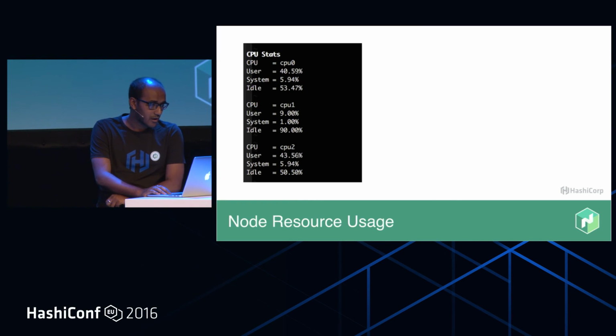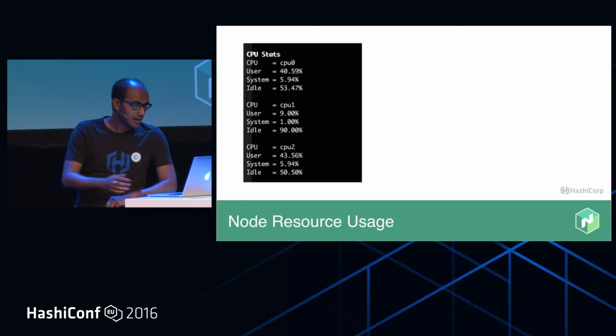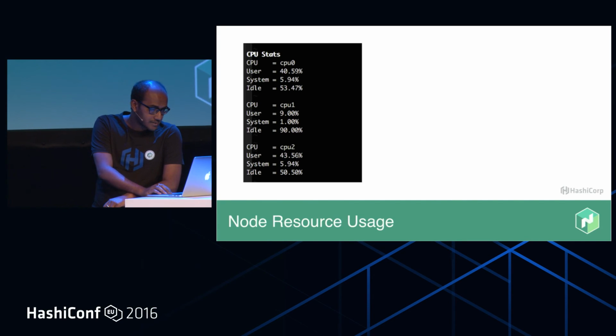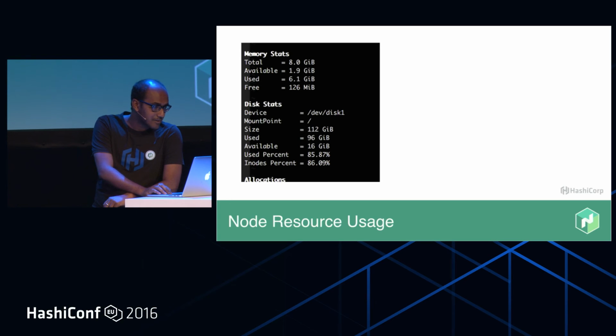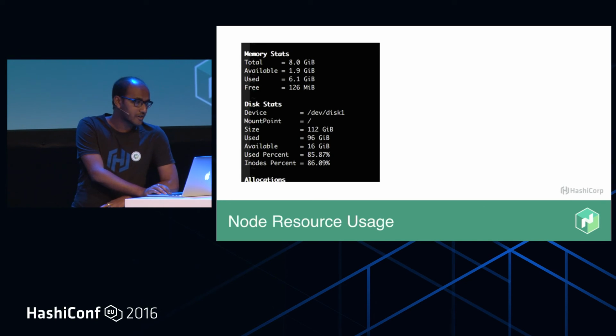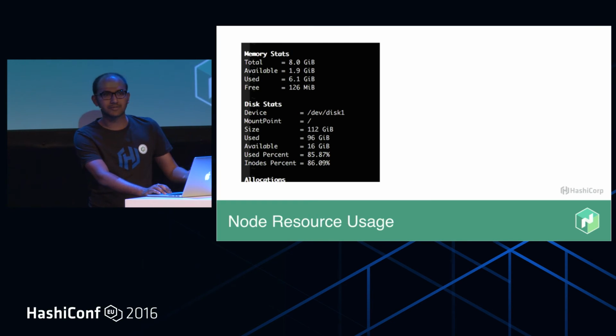We expose stats in a very detailed manner for a node. If you have more than one core, which is probably the norm, you will see the CPU stats for every core. You will see memory stats, like the total available memory and used memory. For disk, you will see how much disk is used, what the inode percentage is, what the usage percentage is, and so on. This basically helps in doing system administration and makes day-to-day operations easy.